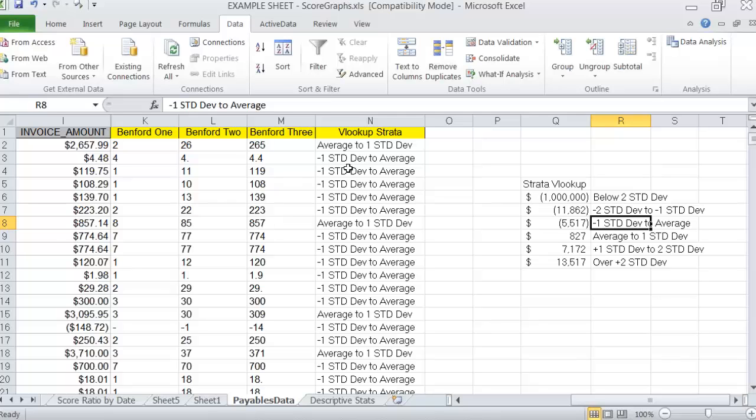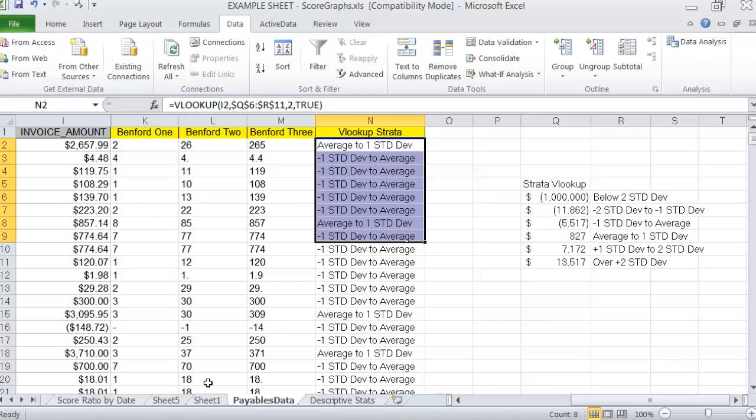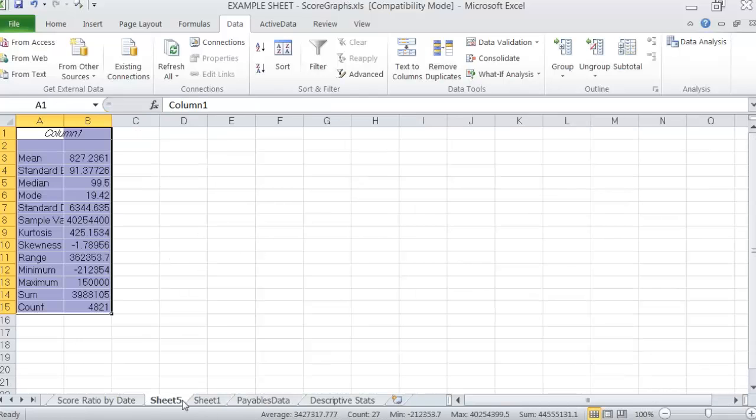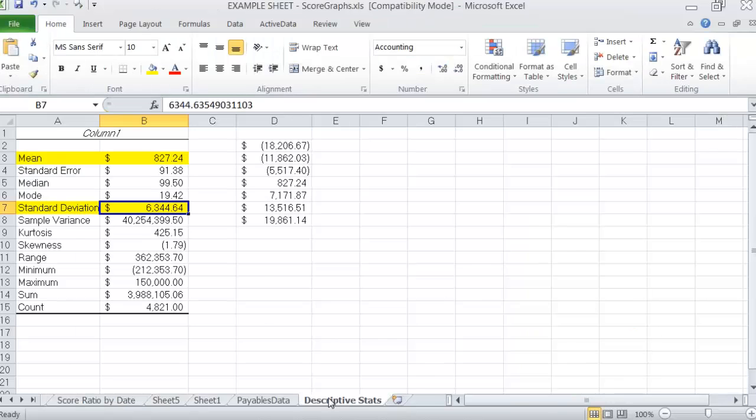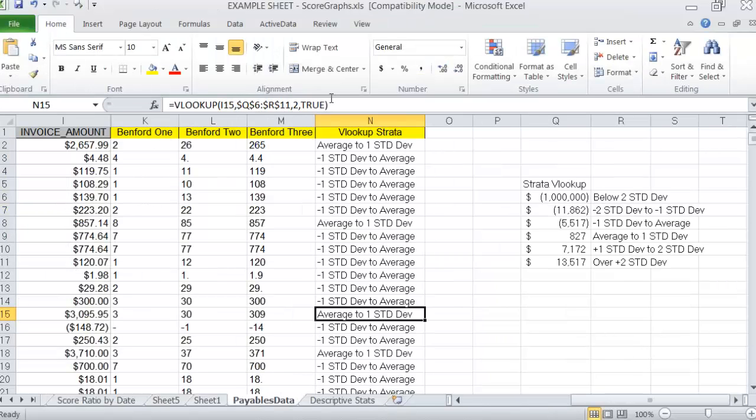If it was false, it would only write the value here if this value exactly met this value over here. So this would have to be 827 for average to one standard deviation to show up. So that gives you an idea of how that VLOOKUP strata was completed. And I'm just going to see here if quickly I can find it, and I cannot, so let me go